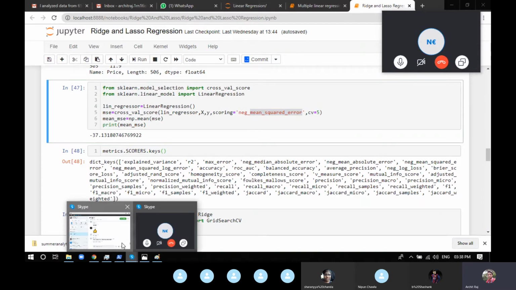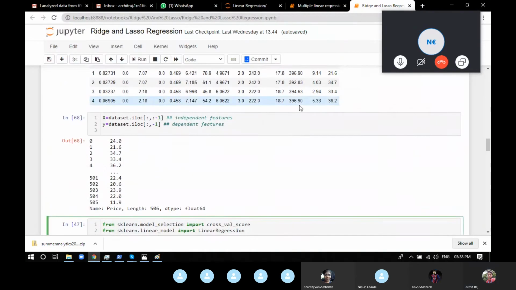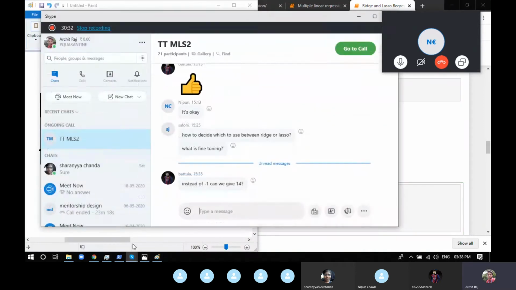And why are we putting -1 instead of 14? Can we give 14? Yeah, you can give it, but you should know that the number of columns is 14. If you count the number of columns and give y a value of 14, fine enough. But if we know that we're only going to access the last column, just write -1. You do not have to even consider the number of columns. Most of the time in the datasets you get, the last column has the target value. So don't even consider the size, just give -1.